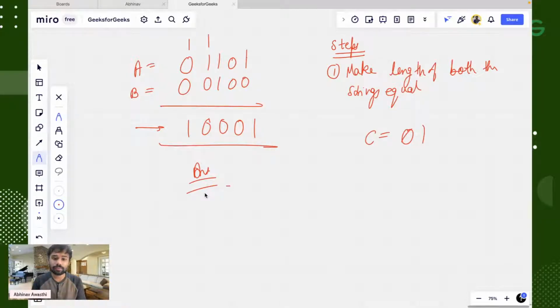This will be your answer. Exactly, right. So this will be a very basic thing. So what we will do, guys, the first step I have given you is very simple: we will make both the strings equal. The second, very basic step will be that we will take